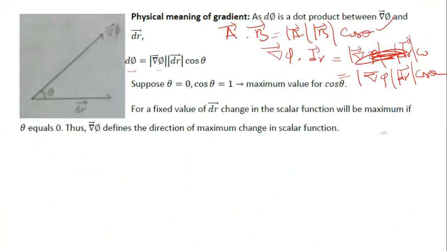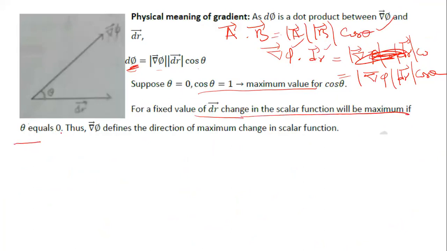Now theta is the angle between this grad phi vector and the dr vector. You see that if theta is 0, that means the angle between grad phi and dr vector is 0, then cos theta is 1. That is the maximum value for cos theta. So here you can see that for a fixed value of dr, the change in the scalar function d phi will be maximum